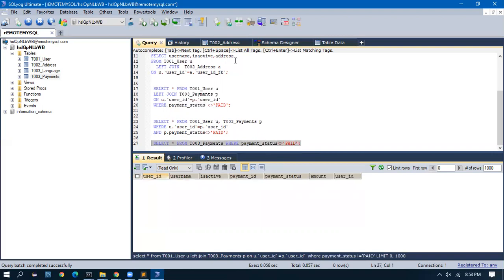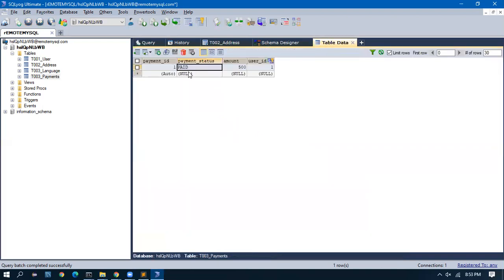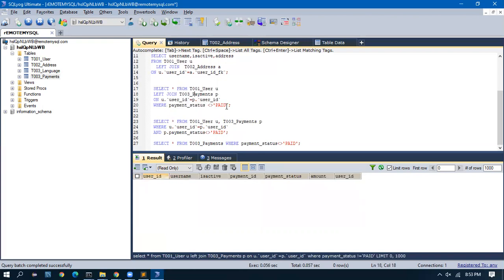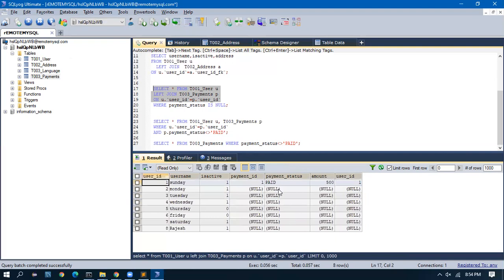See, so maybe I'll do one thing. Okay, so correct. There is only one record as paid, so it is correct only. So I have to go with is null, meaning when I run this query, I'll get a set of records. From these records, I have to fetch only the users who have not done a payment, which means the payment status is null.